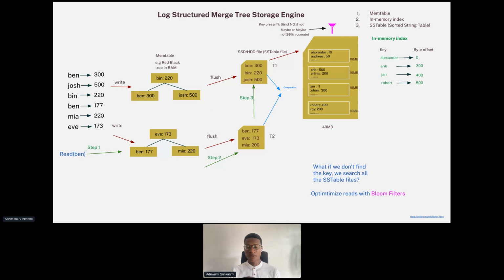However, it is probabilistic. So for example, if you want to check for a key in this SS table, if the key does not exist, the Bloom filter will tell you no, strict no, and it doesn't exist truly. But if the key exists, it can tell you yes. But that yes is 99% correct. So you can actually get a yes, but while you check the SS table, you won't find the key, right? But that doesn't happen all the time because it's 99% accurate. And I hope that sort of makes sense. Okay, so